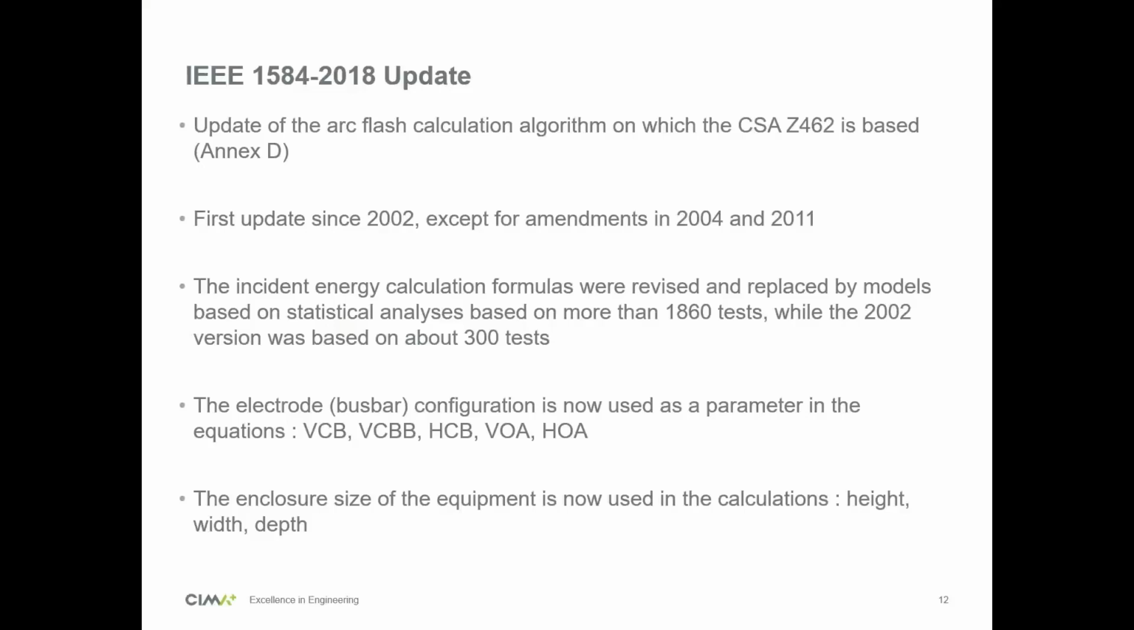A new parameter in the arc flash equations now is the electrode configuration, which was not present in the 2002 version. So you now need to specify for each bus the electrode configuration. So you need to specify, is it VCB, VCBB, HCB, VOA, HOA. If you want to hear more details about that, I encourage you to view the webinar I gave on